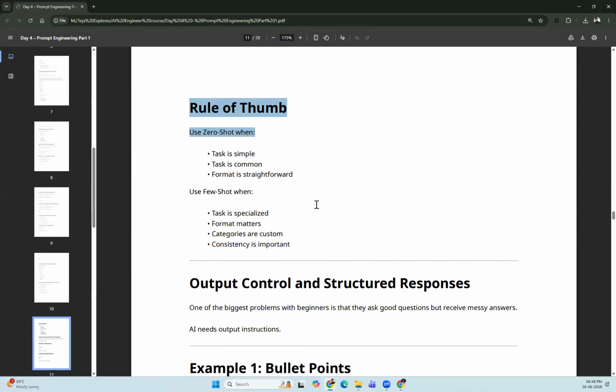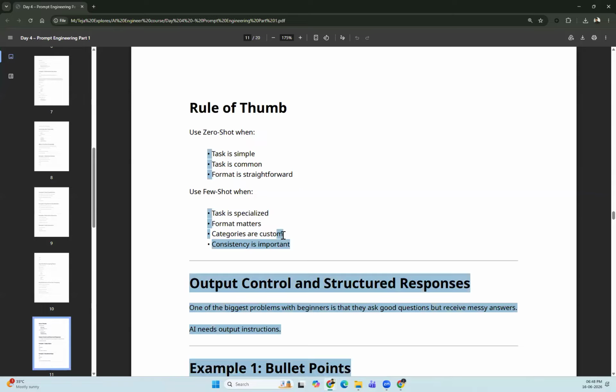So a simple rule is use zero shot when the task is simple and common. That means the LLM already knows how to achieve it and it is straightforward. And use few shot when the task is specialized, not a simple, direct thing, and we want some specialized output, like earlier we saw the JSON format, right? So in those cases when format matters and categories